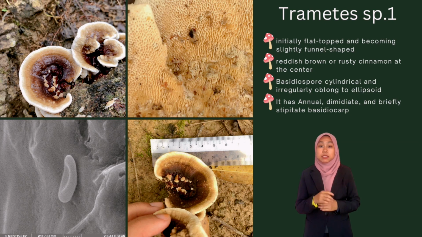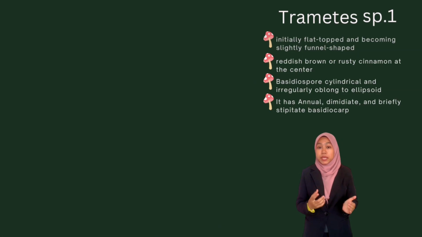This species can be mistaken as Hydnellum species due to the identical appearance, specifically its pores. Hydnellum pores resemble teeth or spinous hymenophore and are commonly known as the tooth mushroom. And pores of this type of Trametes can also appear with a tooth feature as they can elongate upon maturity. Also, it can be mistaken as Ganoderma, but it differs in the color of the pore surface, where the pore surface of Ganoderma always appears white.